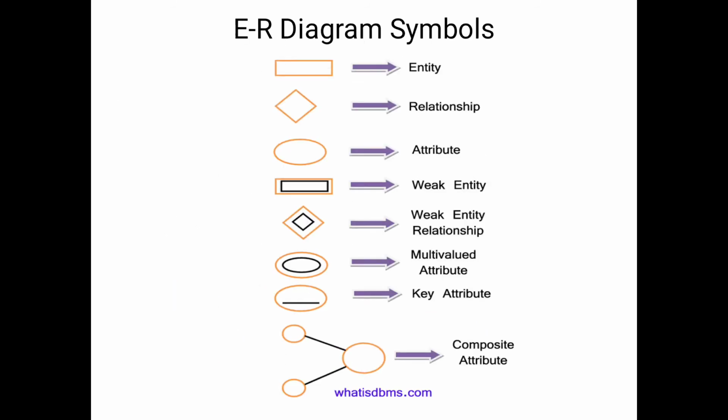After that, double rectangle represents the weak entity. What is the meaning of weak entity and strong entity? So weak entity means entity is a real world object. Suppose we will consider the classroom. What are the entities available in the classroom? Teacher, student, blackboard. Suppose క్లాస్రూమ్లో ఉన్న స్టూడెంట్స్ ఎక్కడికి చేంజ్ అవ్వరు. సో ఆ పర్టికులర్ క్లాస్కి 5 ఫ్యాకల్టీ వస్తారు.